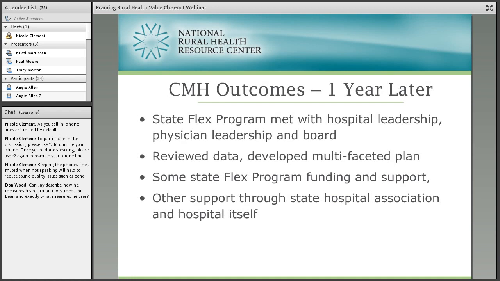And then for just measurement, feedback, and knowledge management, making sure that you're looking at the information that comes back in, sharing that information back with hospitals, sharing that information with state partners so that you can continue to build on the successes that you have had, engage a broader range of partners, and continue to collaborate and have a big impact based on the limited FLEX dollars that you do have. So those are just some key takeaways.